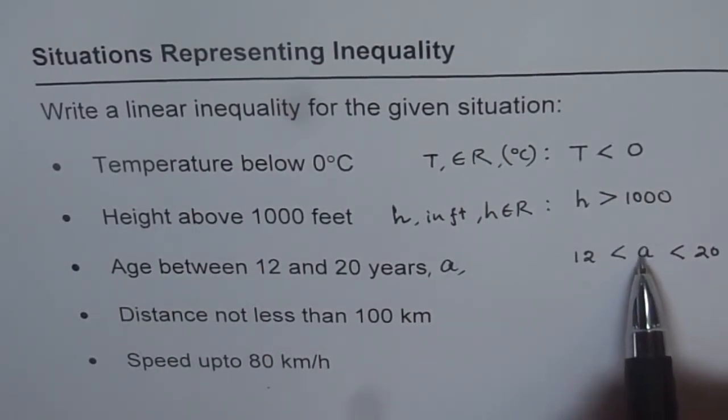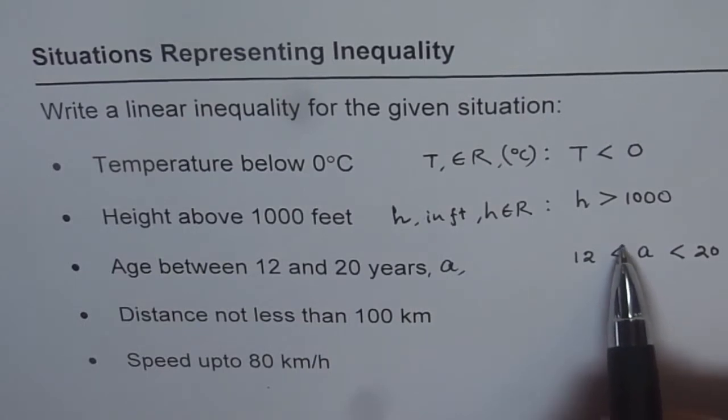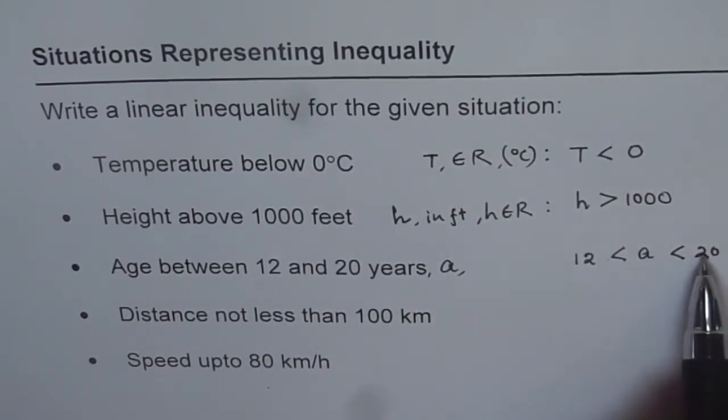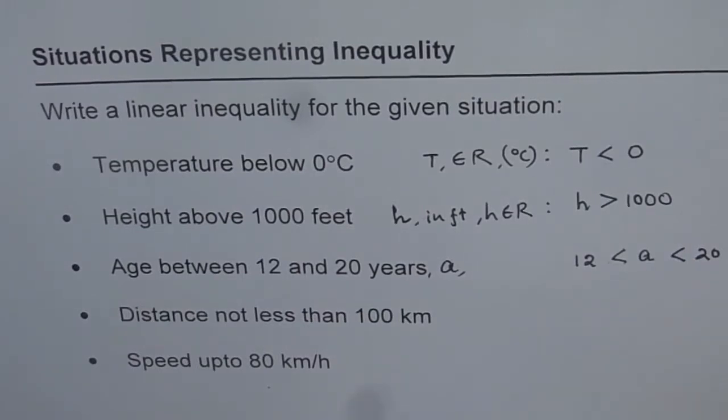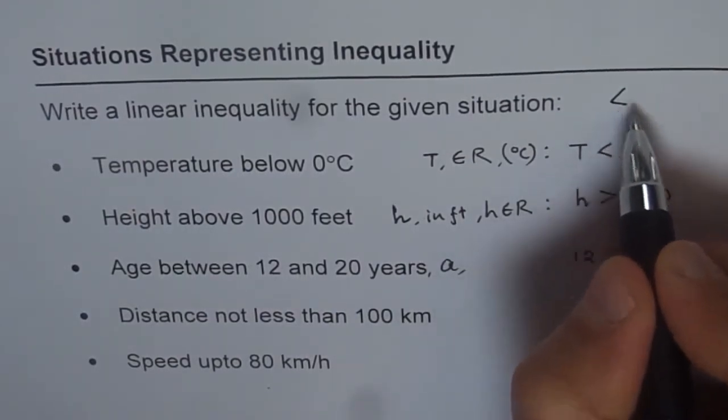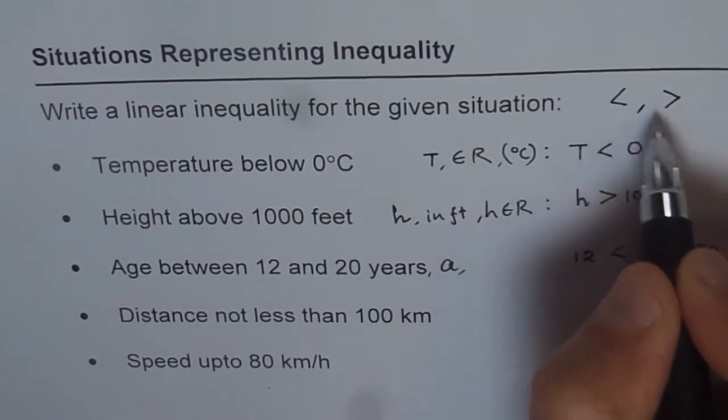age A greater than 12. So this bigger end comes as a greater. Age is greater. In this case, 20 is greater. 20 is associated with the bigger end of this inequality. Do you see? So in inequalities, we are using symbols like less than or greater than, or we also use